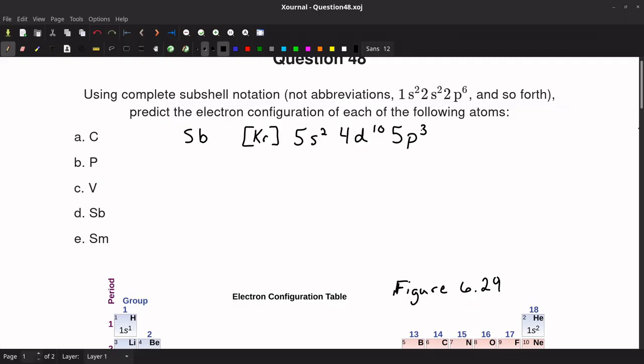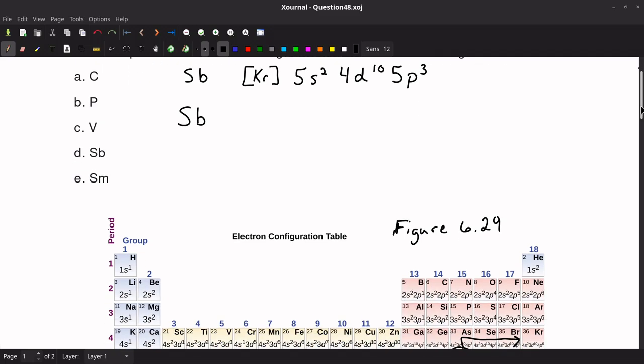Okay, now I want to see if maybe we can do a little cheat to get to the full configuration. I hope you guys have followed along on the pattern that we're going to use here. Basically, we're just going to go down this row all the way to krypton, writing down each one of these, and then we're going to tack this on the end. So we're going to start at helium, 1s2, neon, 2s2, 2p6, argon,